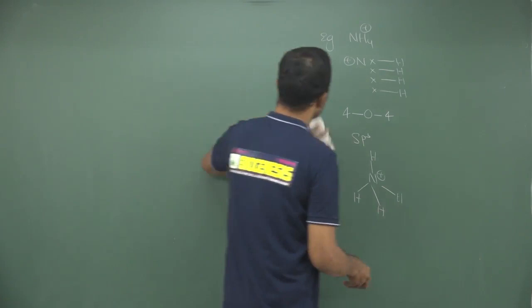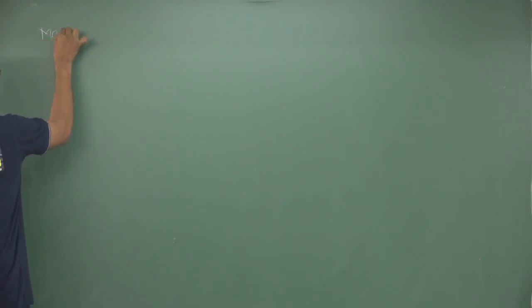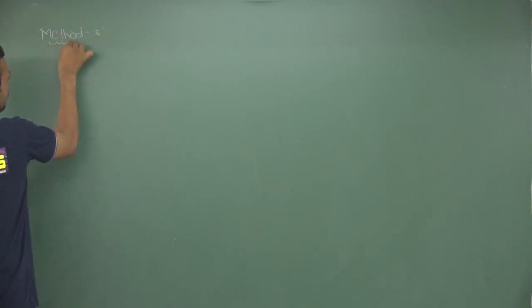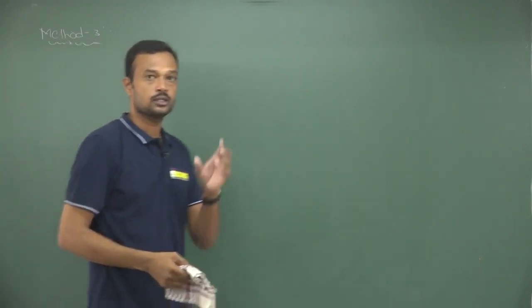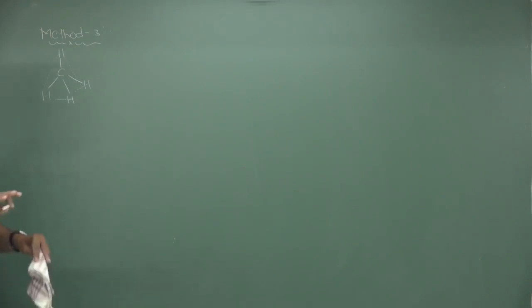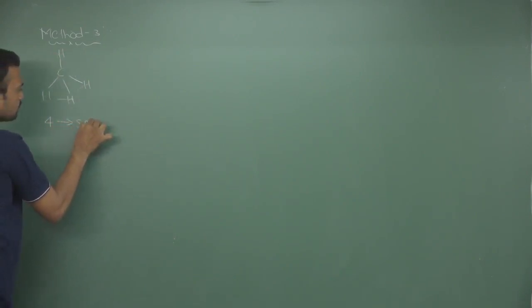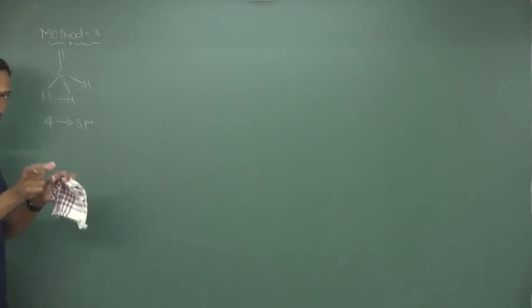And one more easiest method, which you can understand very easily, that is method 3, in which we calculate hybridization with the help of the total number of pairs around the central atom by ignoring pi bonds. Suppose I take methane. Just consider how many sigma bonds are present around carbon. Only sigma bonds we need to consider, and how many pairs between two adjacent atoms. One pair, here one pair, one pair, and here one pair. Total number of pairs is 4. Now hybridization is sp3.